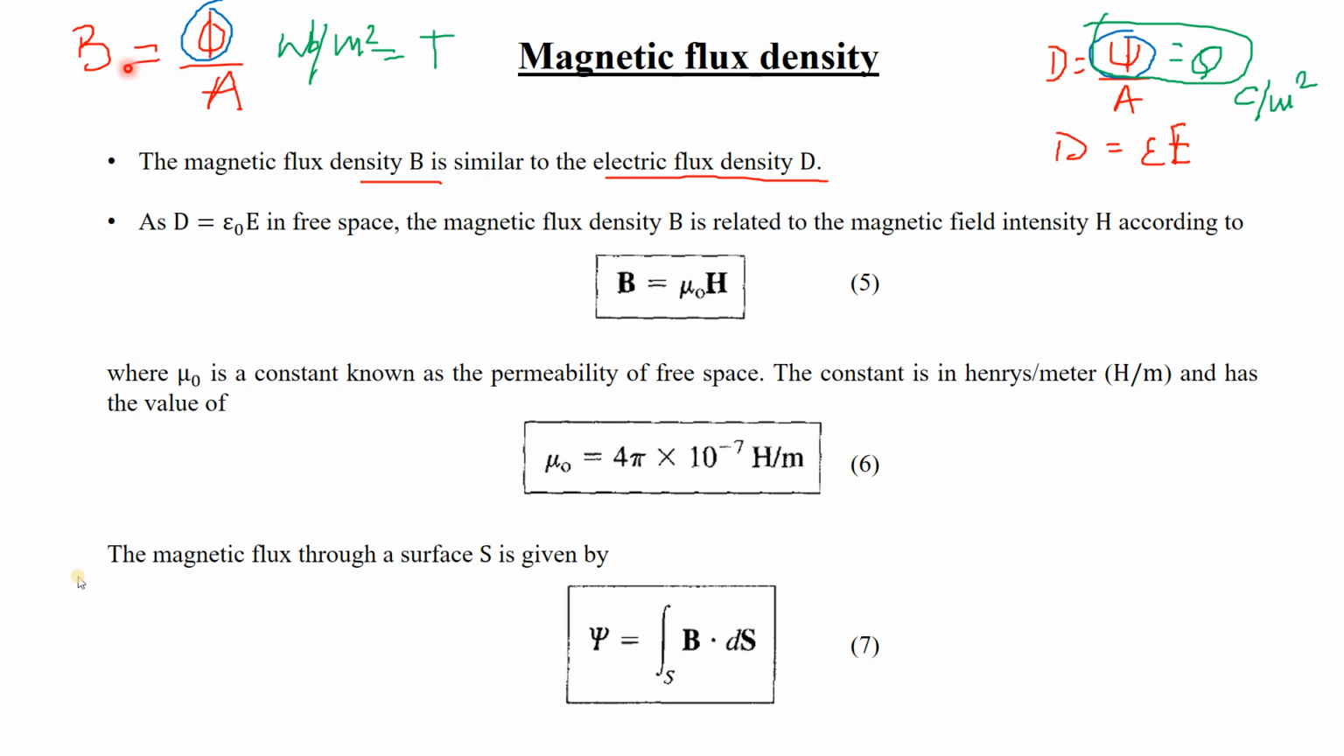So this is the magnetic flux. Magnetic flux density also has a relationship with the magnetic field intensity. Similar to D equals epsilon E, here we have B equals mu H, where H is the magnetic field intensity. Mu naught means the permeability of free space. Epsilon is the permittivity of a material, and mu is the permeability of a particular dielectric medium, free space, or a magnetic material, or ferromagnetic material, because permeability is very significant for